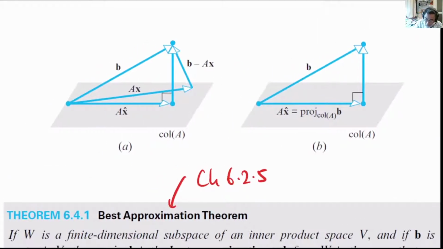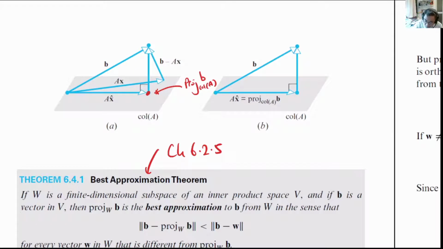the orthogonal projection, the projection of B onto the space of A will result in the error E equals B minus B hat, where B hat is equal to the projection of B onto the column space of A. The norm of E square is the smallest